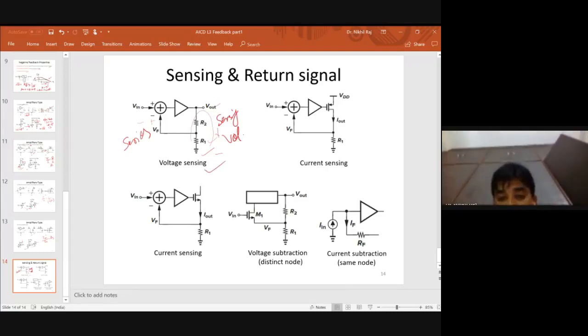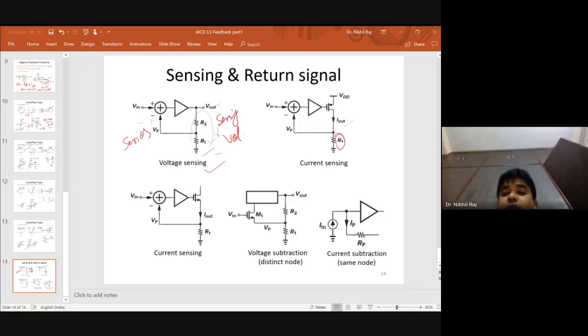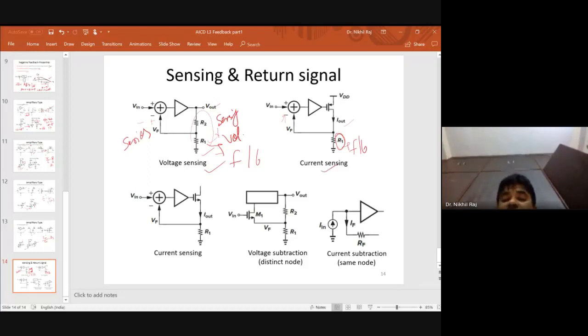Now here, where is the Vout? In place of Vout we are talking only about Iout. This is the feedback component; first you identify the feedback component. Here R1 correlates Iout with this summer, which means R1 is my feedback component. The complete current comes here and the complete current is given here, so it is doing current sensing. It is sensing the current from the output.